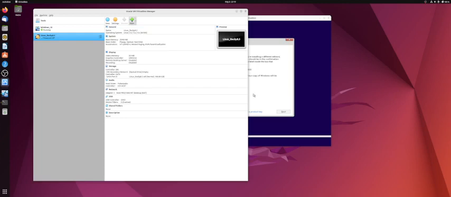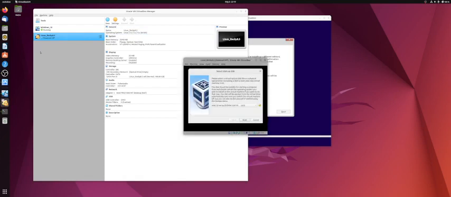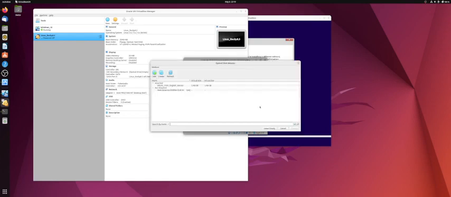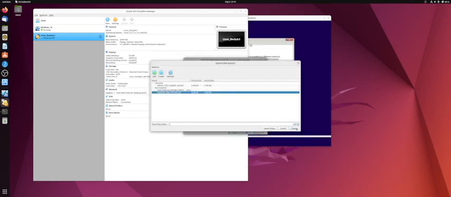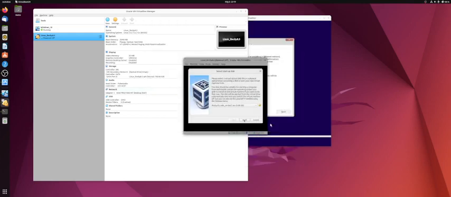Now I'm going to click on start on this one also, and I could just change the threshold of each one of them to say different size and everything on memory and different number of processors, but I'm going to go with default and see which one is going to finish faster. So host drive, this one I'm going to add the other ISO image, which is this one, Rocky. I open that one and then I choose it. Once you choose it, you can just click on start,